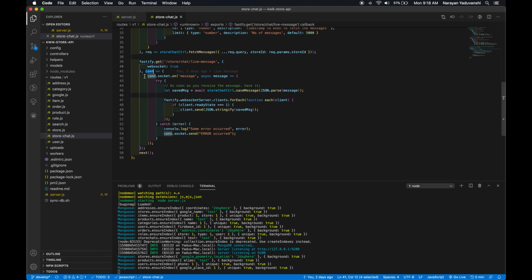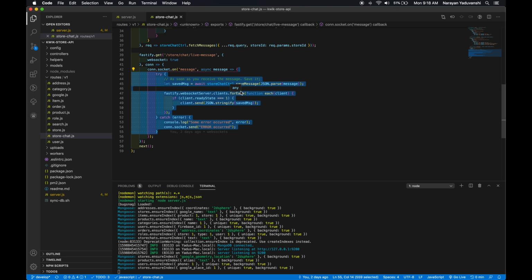Now, as soon as connection socket on message, as this is an event, as soon as we receive a message, we would like to execute this code block. I've put it in a try catch block.